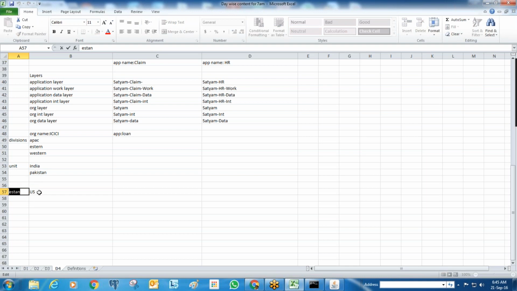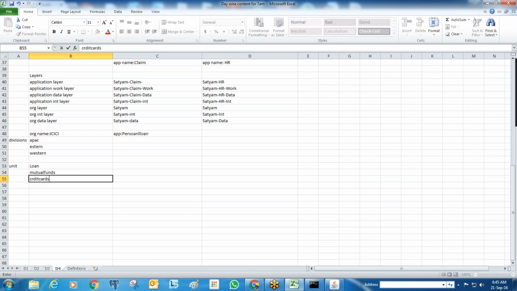Or else, it is again dependent on the strategy of the company. Instead of sub-regions, you can go by functionalities here. Because I'm creating a loan application, you can go by unit as a loan, and within the loan you can have a personal loan. Let's say this is a personal loan application. A unit may be a loan, a unit may be mutual funds, a unit may be credit cards.